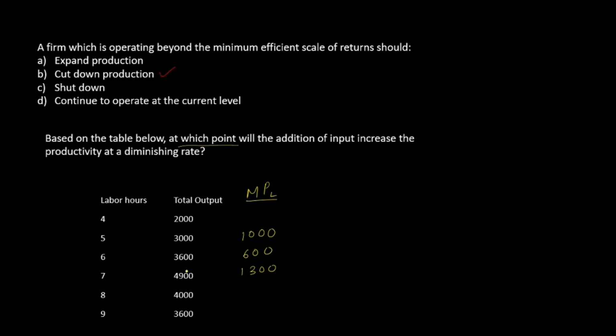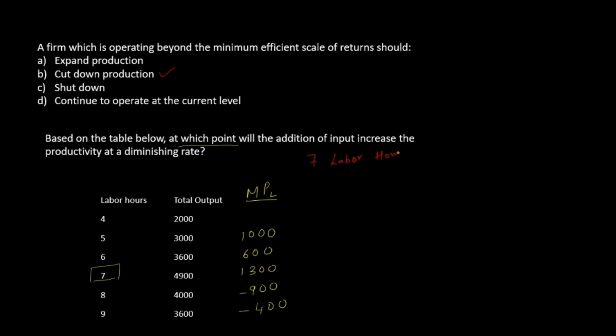So which means 4000 minus 4900 gives me minus 900 and here it is minus 400. So I can see that when I increase my labor hours from 7 to 8, my marginal productivity of labor becomes negative. So since beyond 7 labor hours, my marginal productivity of labor becomes negative, my cutoff point is 7